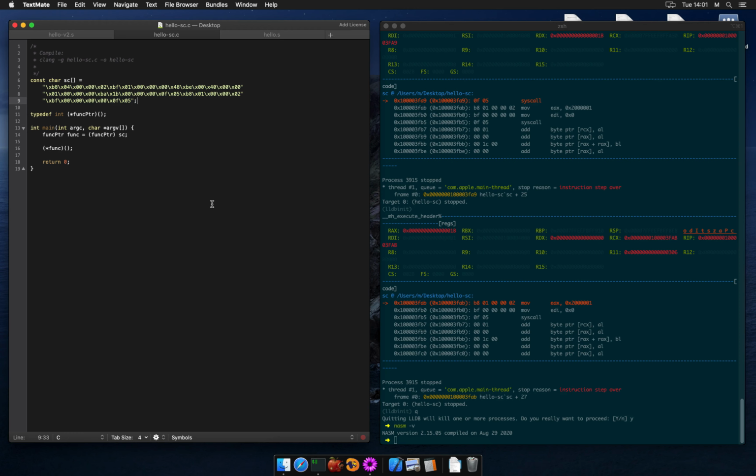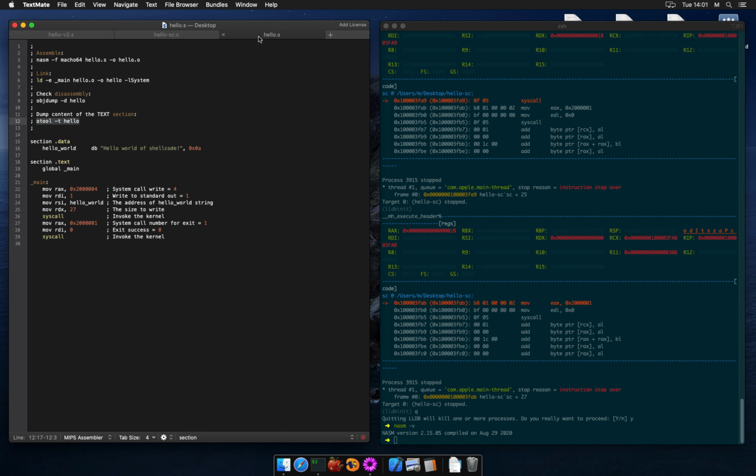In the first part of this episode, we generated a simple Hello World shellcode based on the assembly code over here, which we assembled and linked into a binary from which we extracted the next section and got the raw assembly bytes.